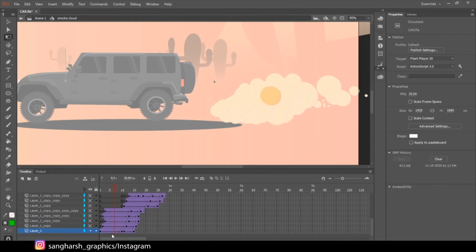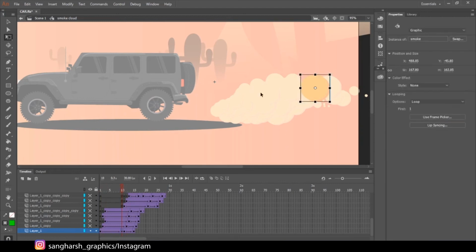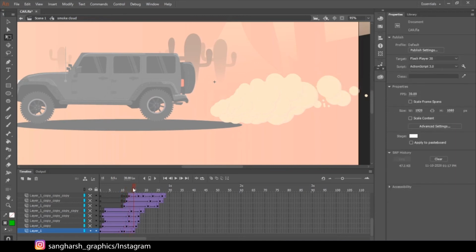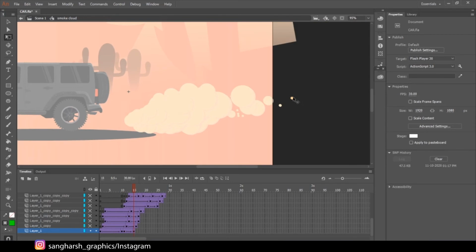So I have just created a shape tween for it, for the circle. At the first frame the circle is very small. Some frames ahead I have increased its size and also changed its position, something like long here, and at the end again I have taken it away from the scene and made it small. So we have just a single circle doing this animation like here, just this, not too much.